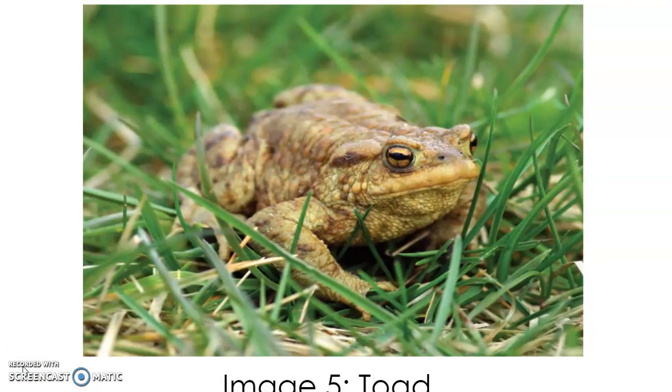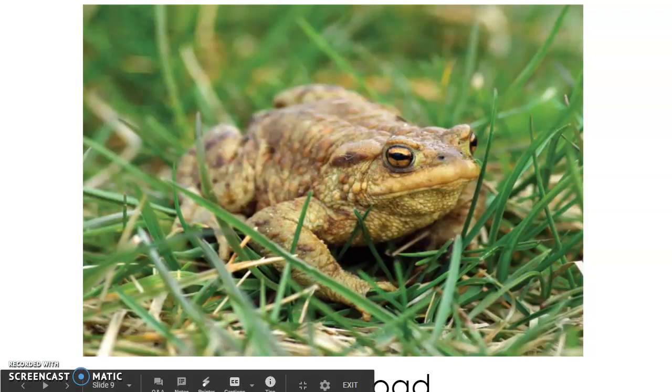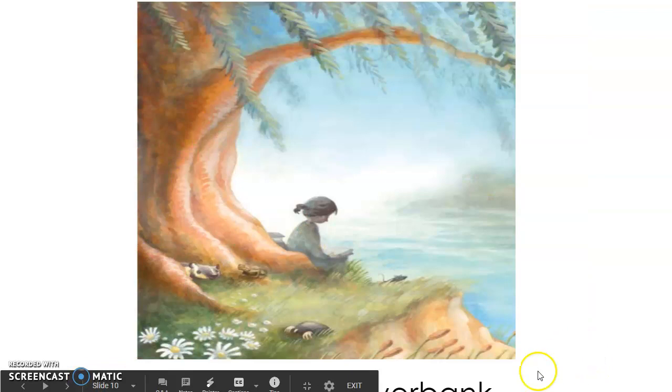So the two things I want us to focus on while we listen to the story is I want you to listen for examples of personification with your characters, and I want you to think about the plot. Okay? Remember, examples of personification, and I want you to listen for the plot of the story. Now, as we do that, there are other characters and other objects in the story.